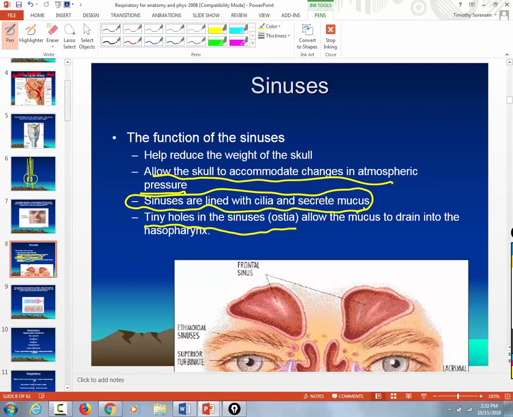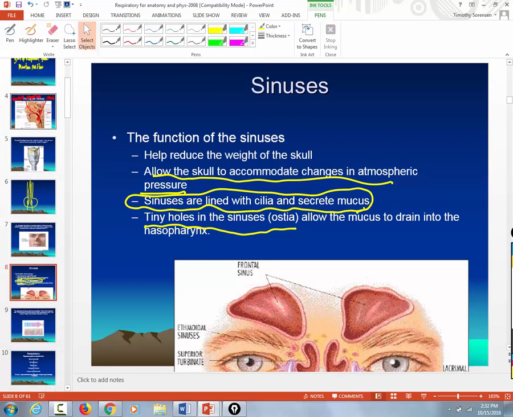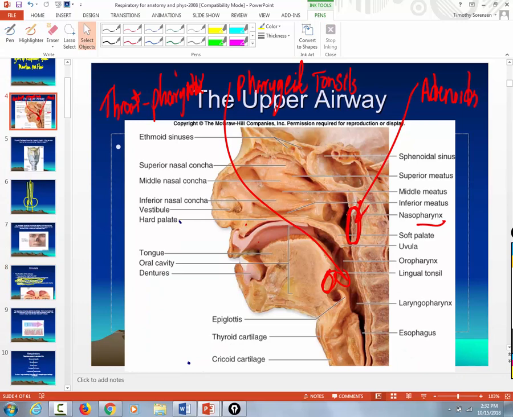All right? Okay. Now, you also have in the base of your skull two more sets of sinuses. So let's go through them. You actually have 4 pairs of sinuses, right? You have a frontal pair, then you have a maxillary pair,